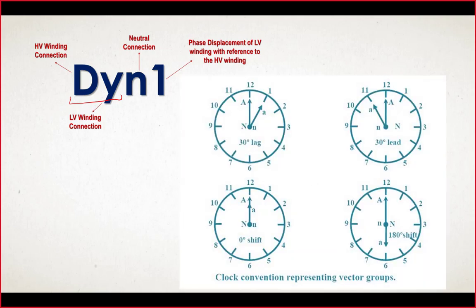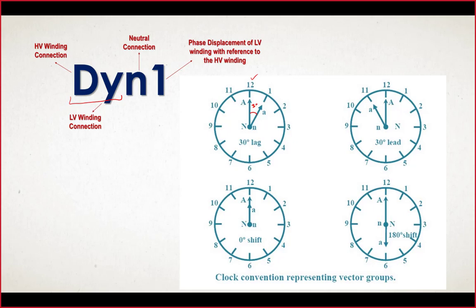Here is that method. If we look at this clock, here is the 12, 1, 2, 3, 4 up to 11. So there are 12 digits. Total 360 degrees has been divided into 12 small angles. If we divide 360 by 12, that will become 30 degrees. So it means between two adjacent numbers on that clock, we have a 30-degree phase difference.